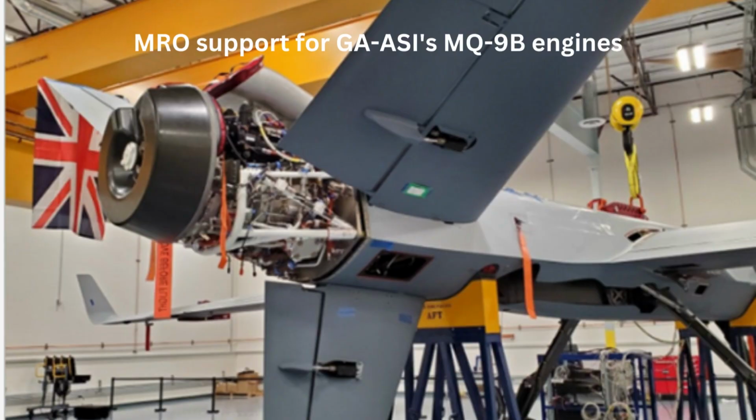Next, HAL to provide MRO support for GA-ASI's MQ-9B engines. State-run aerospace behemoth Hindustan Aeronautics Limited will provide maintenance support service for engines of American MQ-9B remotely piloted aircraft system, considered one of the most sophisticated armed drones globally. The HAL will provide the maintenance, repair and overhaul services for the operations of MQ-9B drones in India, officials said